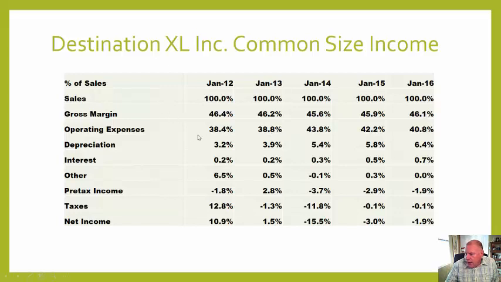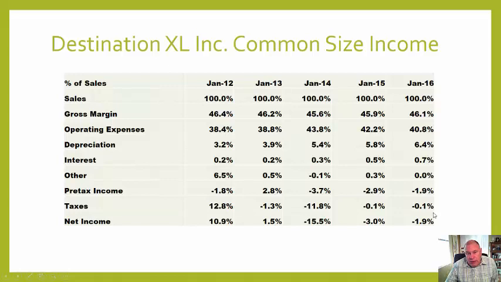But look at that: operating expenses are going from 38 to 40, and depreciation is almost doubling as a percent. But that fits with their strategy. And we can see some interesting things relative to taxes